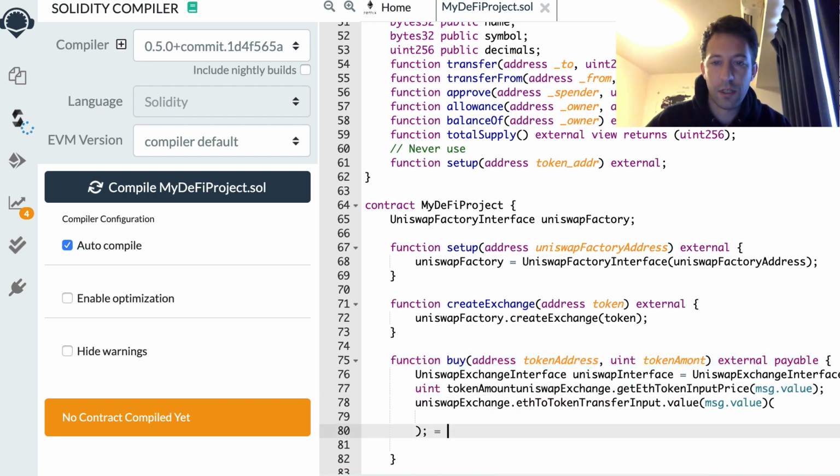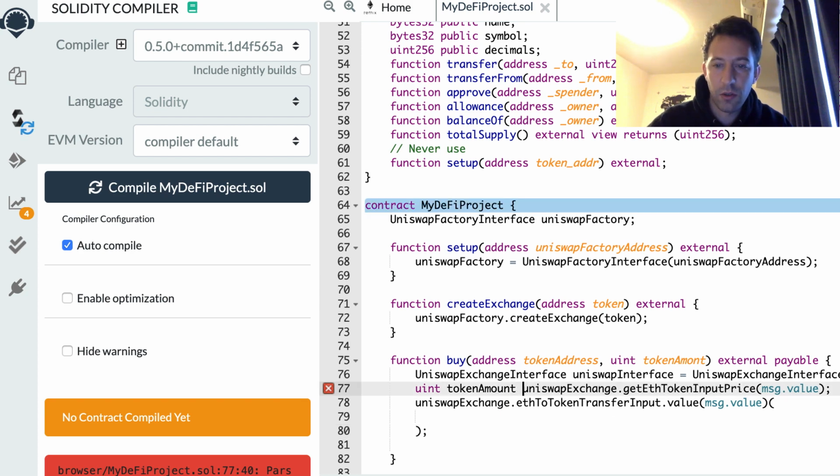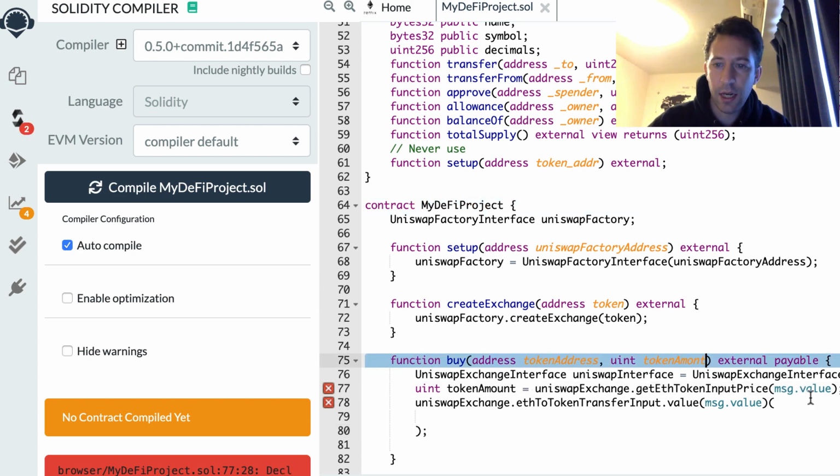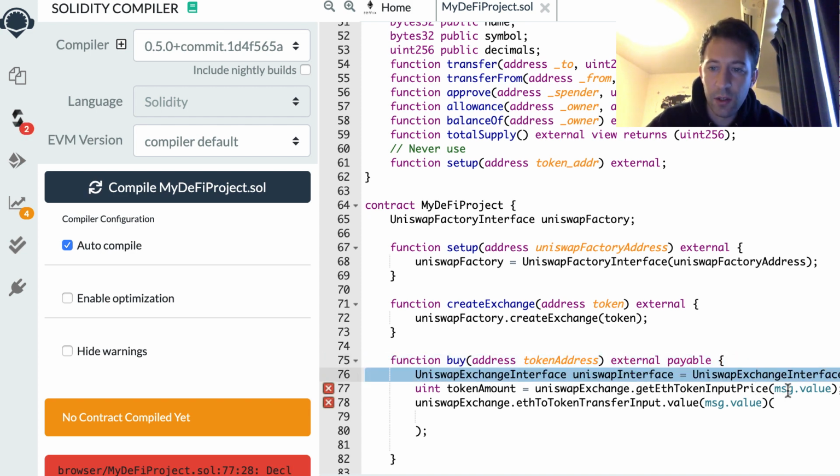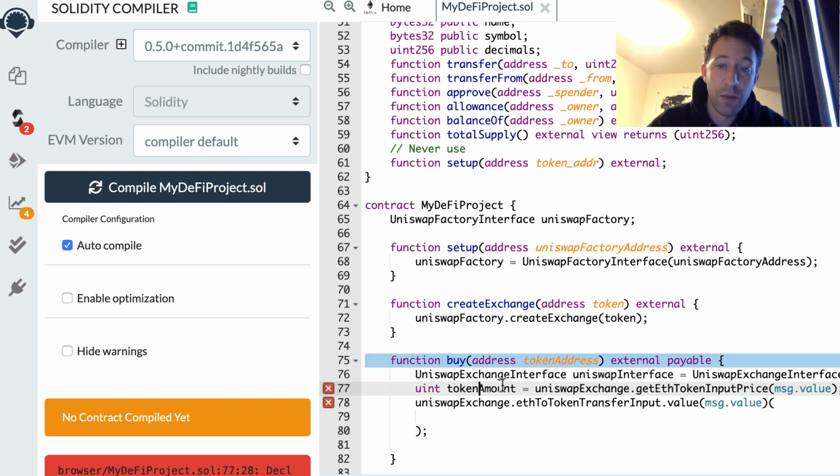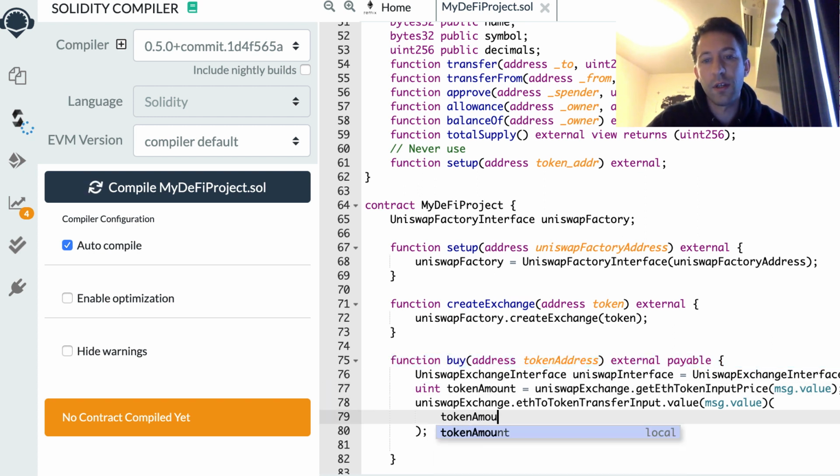Oops, token amount. And actually here I didn't mean to give this argument, so let's remove it. So here you get the price, you get the amount of token, and then you can forward this to your